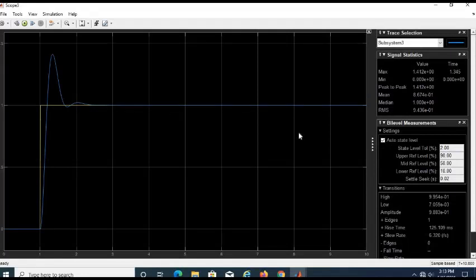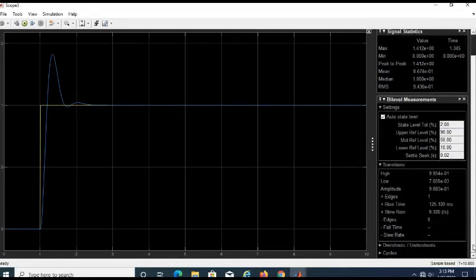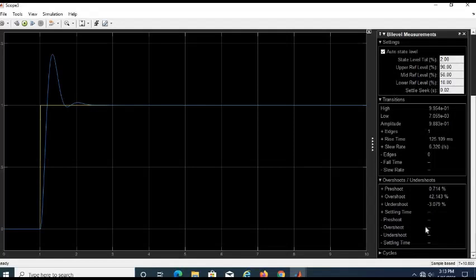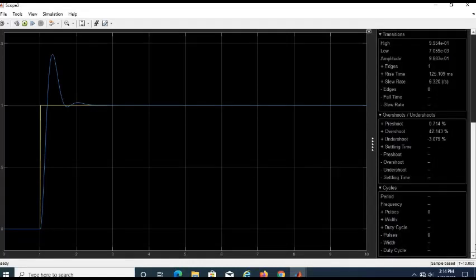You can explore MATLAB more in order you get more.